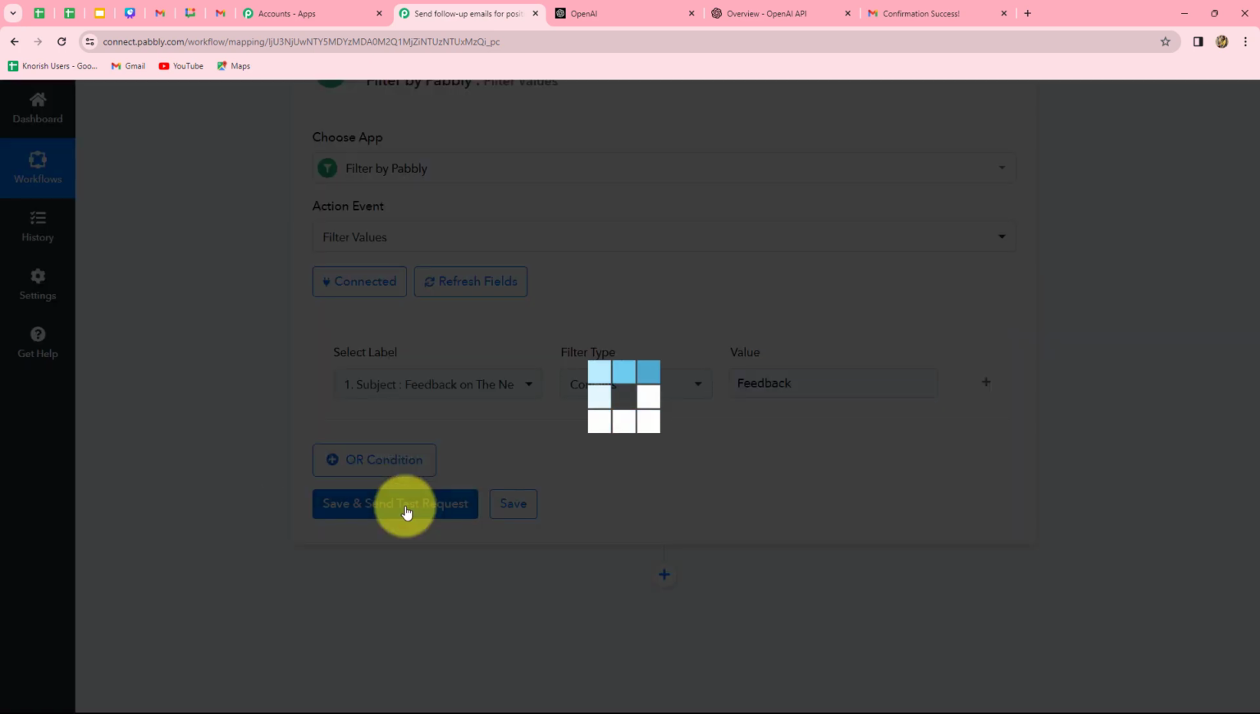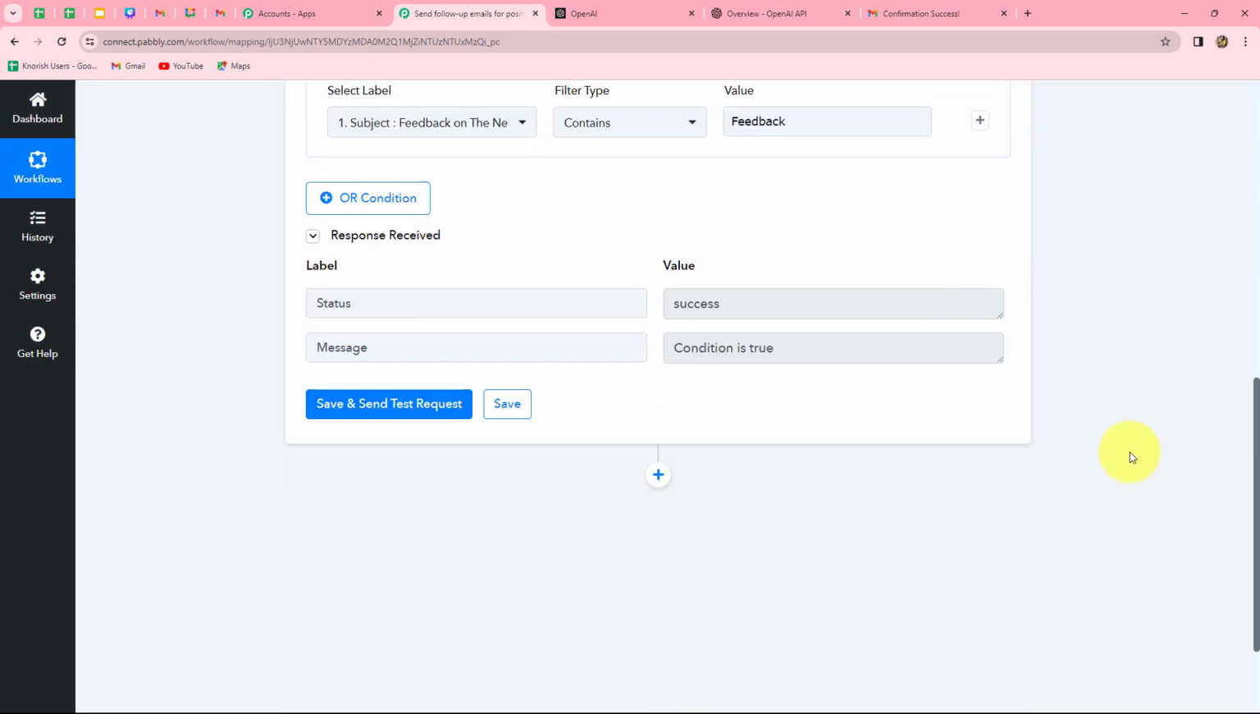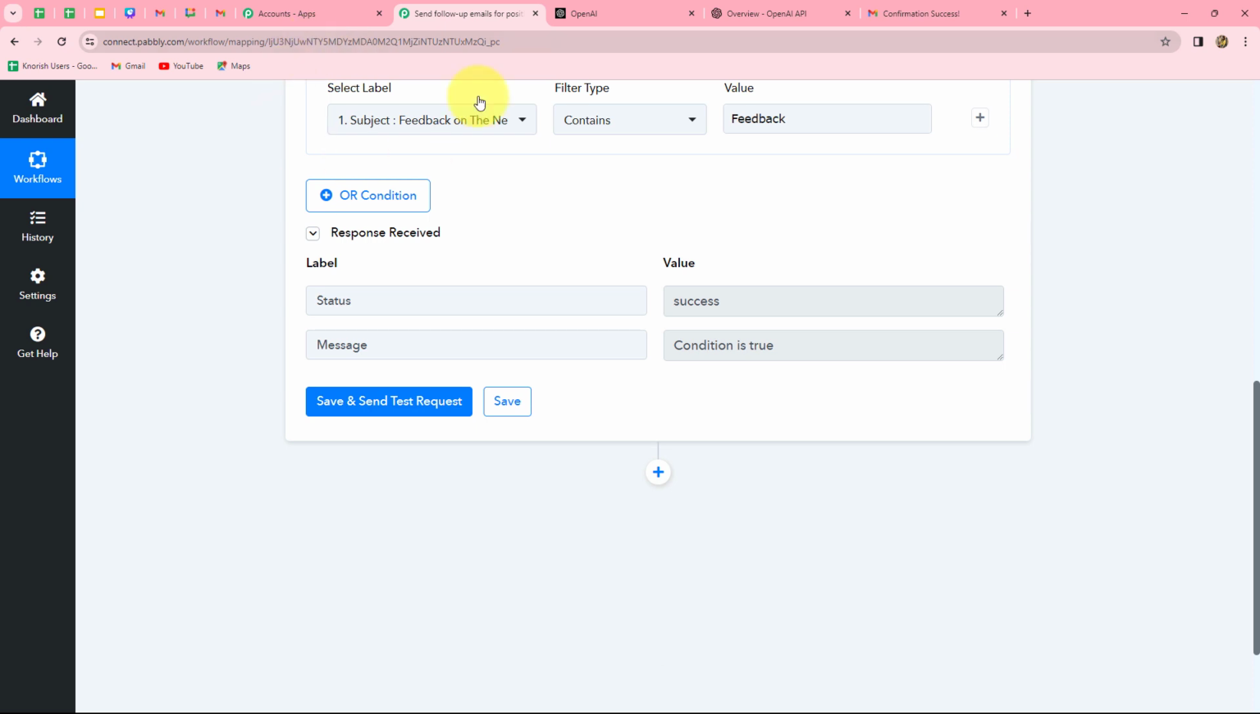Let's click on save and send test request button to check this condition. And here our condition is true because this particular subject already contains the word feedback. Okay, but in case the subject does not contain the word feedback, then this workflow is not going to continue further. In the same manner, for whatever reason you are creating the follow-up emails, you can set the conditions